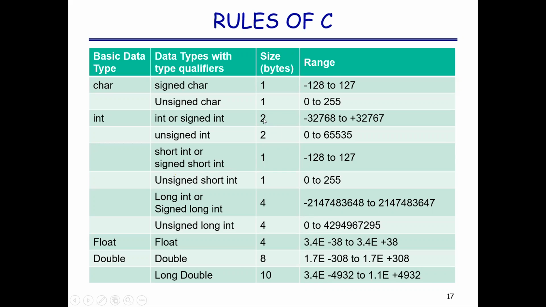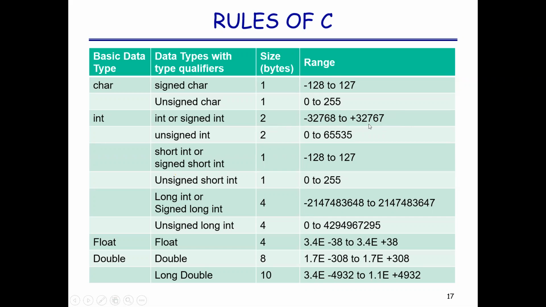2 bytes. But remember, this table is meant for the old compiler. If you write the program in the latest compiler, an integer generally takes 4 bytes. So understand, Kaushik? Definitely this will change. But at this time, assume the size is 2 bytes. So in case of 2 bytes, what should be the range? Minus 32,768 to plus 32,767. That's why I have given you the tags, so that later you can calculate yourself how this range is calculated. Got my point or not?